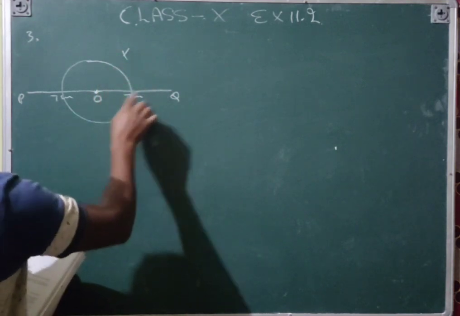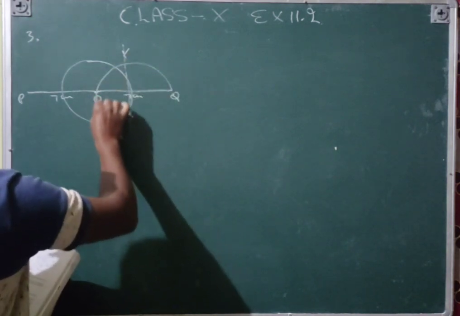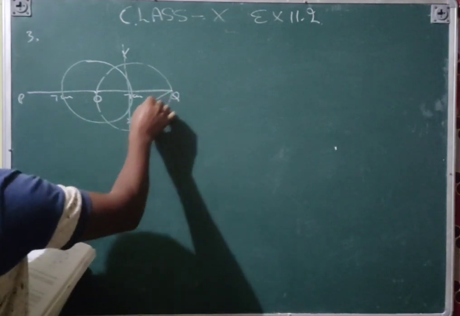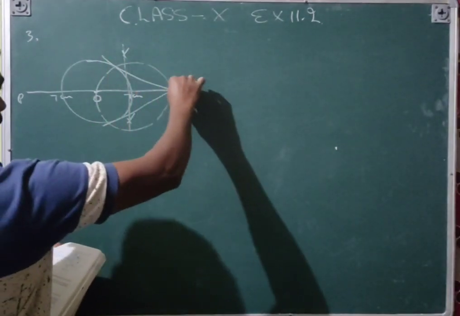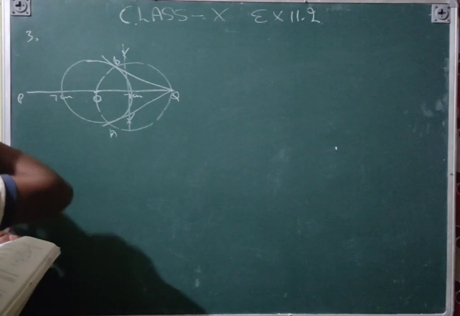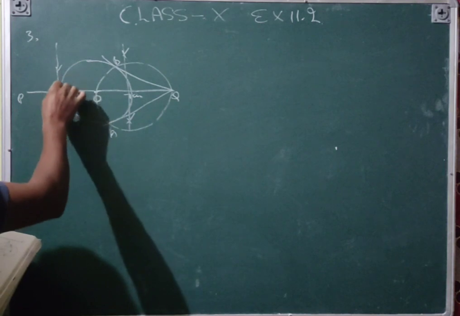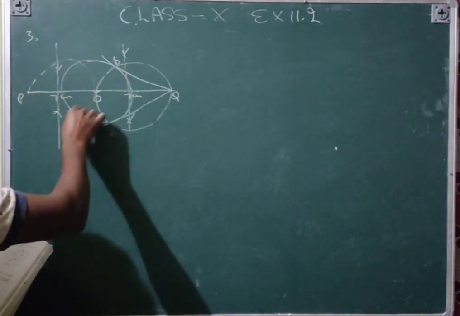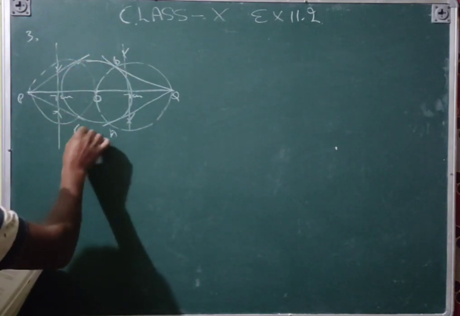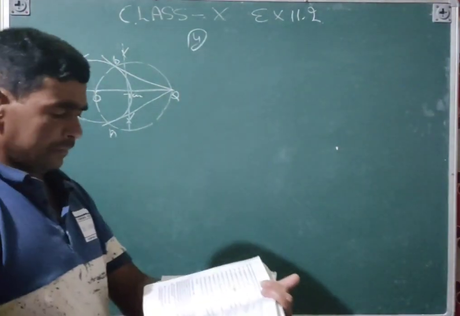from this point to the arc, from this point to the arc, more than half of that. You will draw a circle like this. This is the inverted circle, and then join this point and this point also. This is the AB. Similarly we will do here. We will bisect that, and from here you will draw the circle, and then this point and this point, this is the CD.